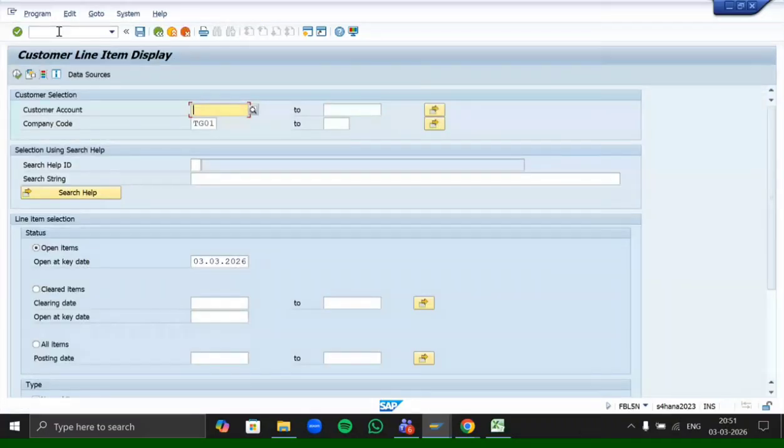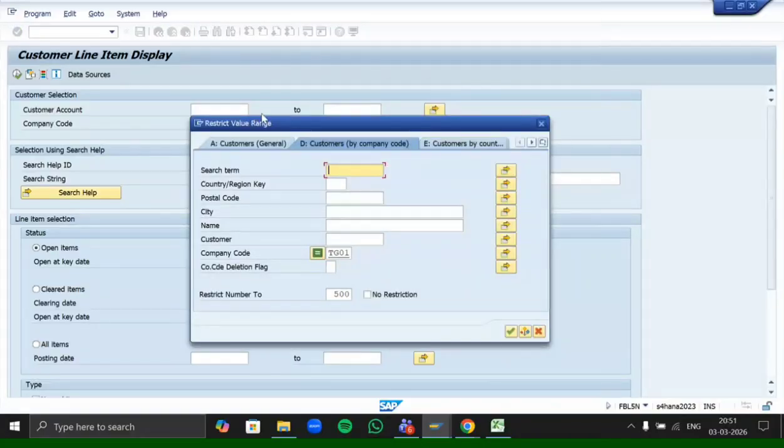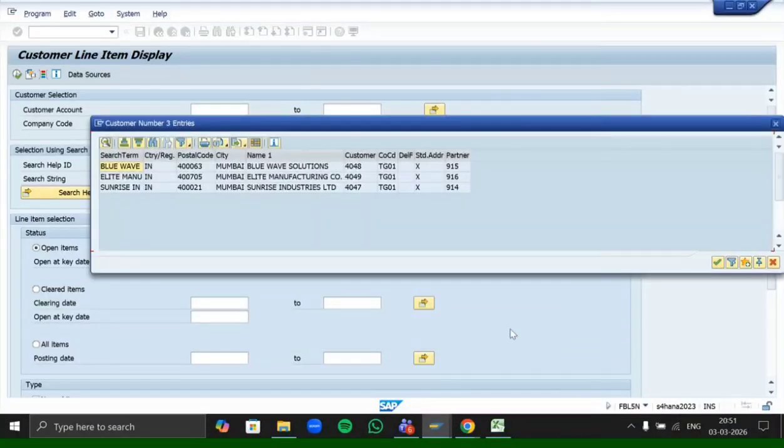Now first field is of customer account, for which customer you want to check. So go to the search option. Mention your company code, that is TG01. Okay. So I want to check our Sunrise Industries account. So double click on Sunrise Industries.